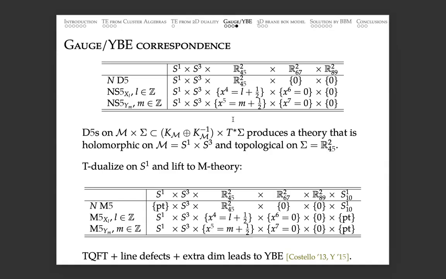The point is actually that in this brane construction, you can argue that the theory describing the dynamics of D5 branes is a 6-dimensional theory which has topological invariance in the x2, x4, x5 directions and depends holomorphically on the first 0, 1, 2, 3 directions. Okay, and NS5 branes create line operators in this topological field theory on sigma.